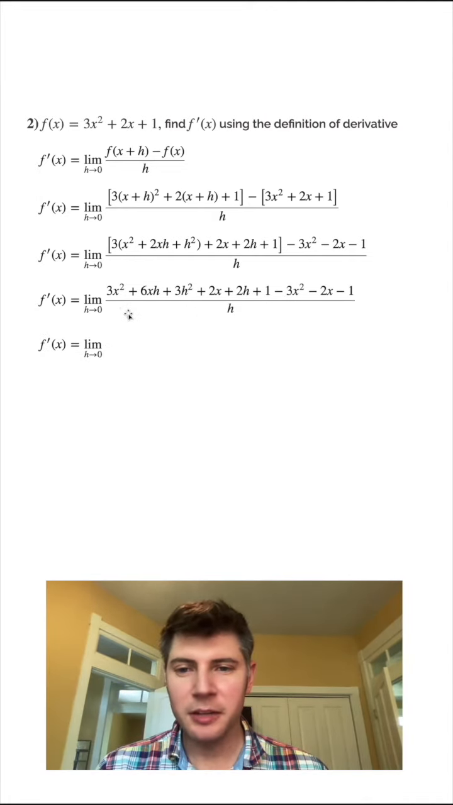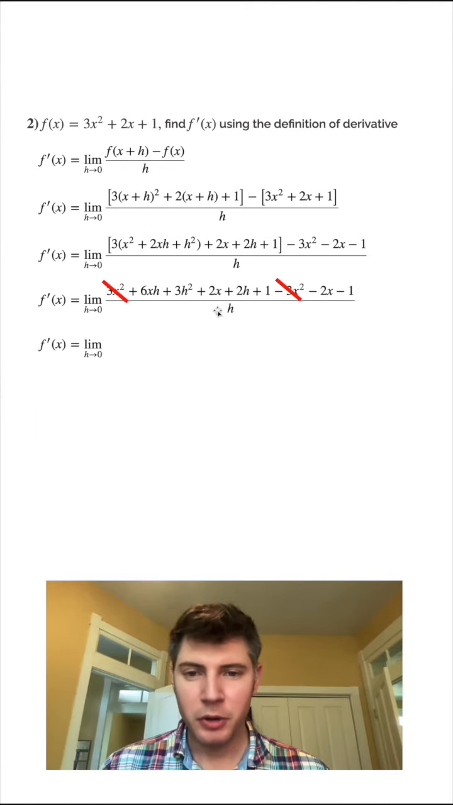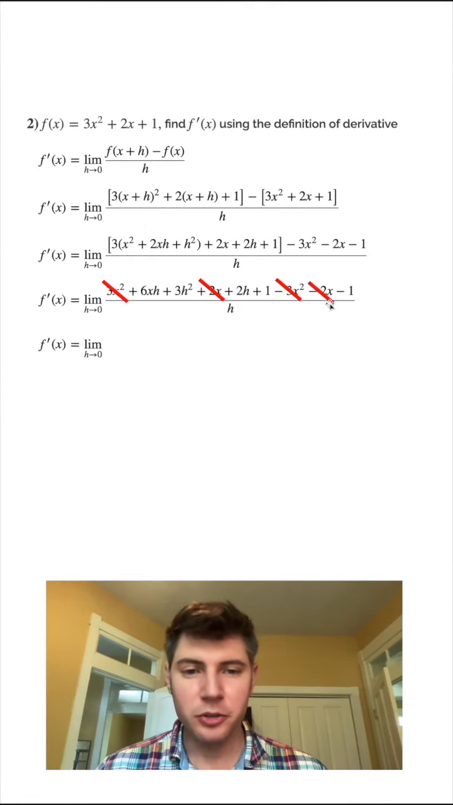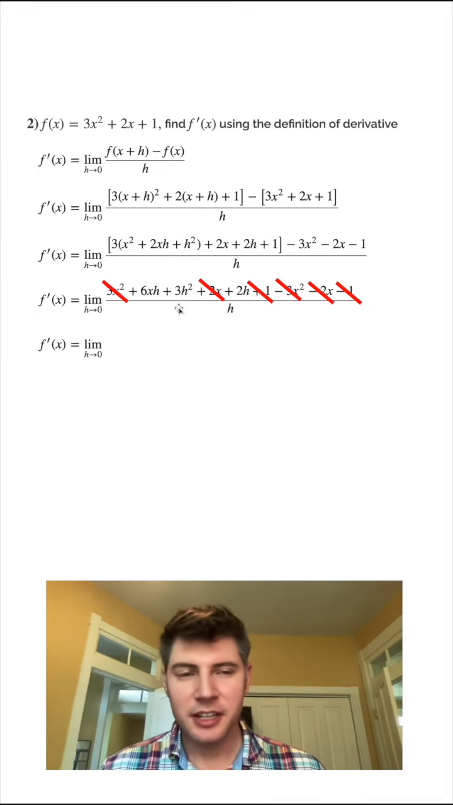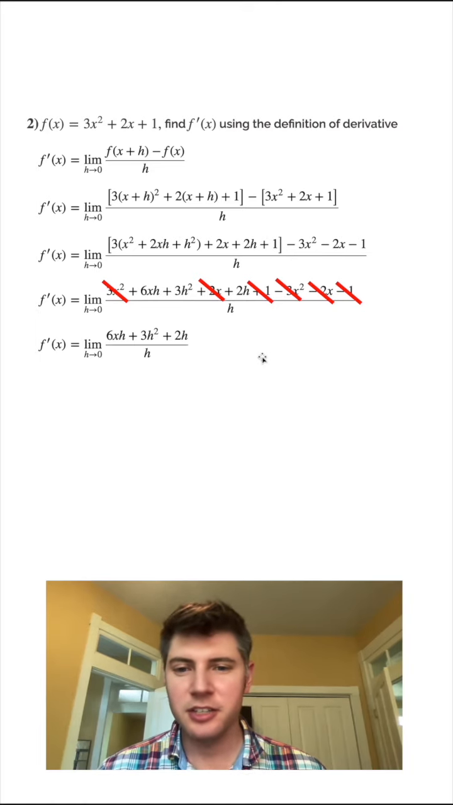Copy this down, and then we have a 3x squared and a negative 3x squared. Those are going to cancel each other out. We have a 2x and a negative 2x. Those are going to cancel each other out. We have a 1 and a negative 1. Those are going to cancel each other out. Now let's copy down the 6xh, the 3h squared, and the 2h, and that's all still going to be divided